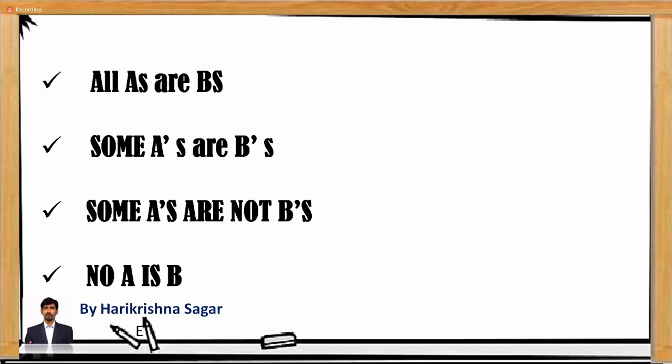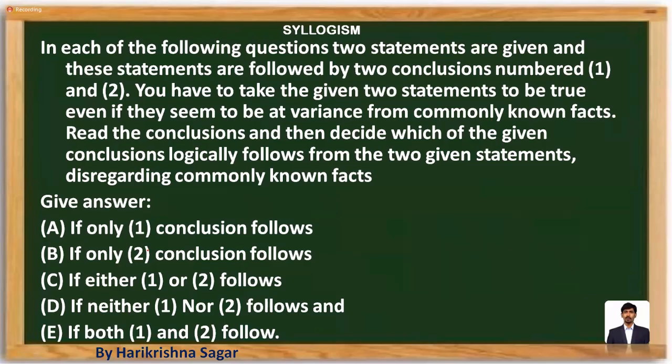So, drawing the diagram and proceeding with the answer choices. How the questions of syllogisms are given and how we can solve them, we'll try to understand now. So we are going to come across these kinds of statements. The question pattern you are going to see is that the question is given with two statements, and it is going to have two conclusions, namely number one and number two. So two statements followed by two conclusions will be given.